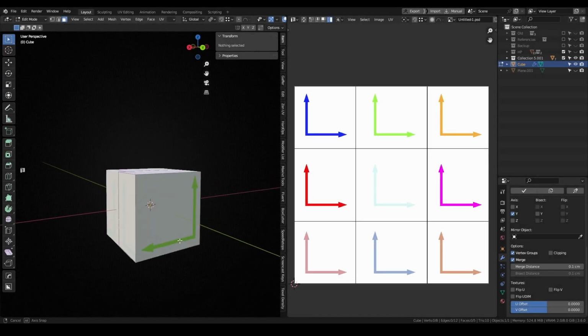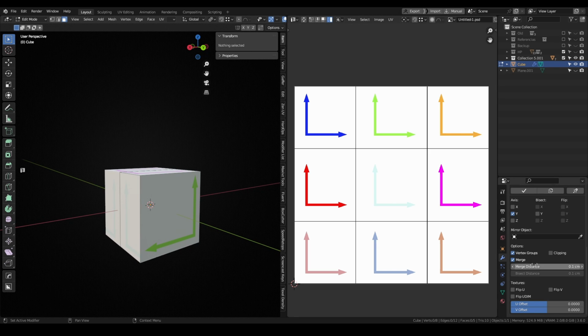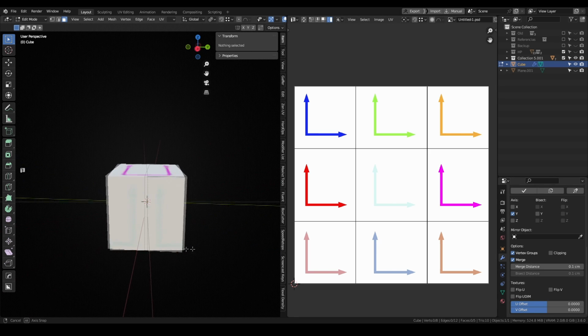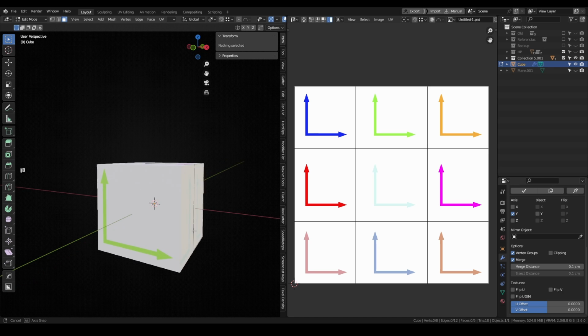To finish this video, on the bottom part of the modifier settings there are some UV options, used to flip the U or V texture coordinates for all the UV islands for the mirrored geometry, without having to apply the modifier and do it manually. The offset sliders are used to displace the UV islands across one or both UV axes, especially useful when using tileable materials, and again, you don't want to apply the modifier and set UVs manually.